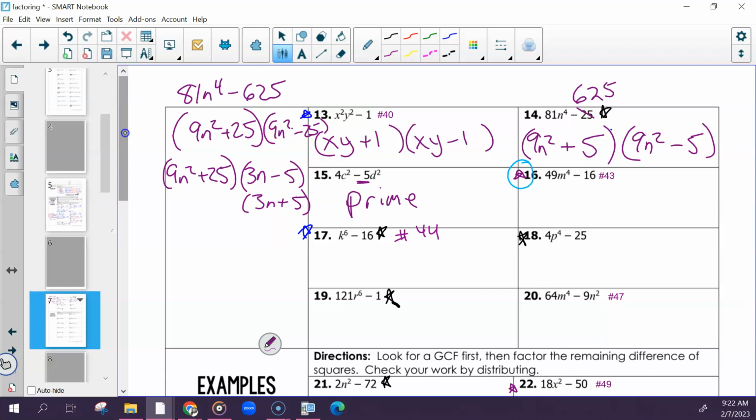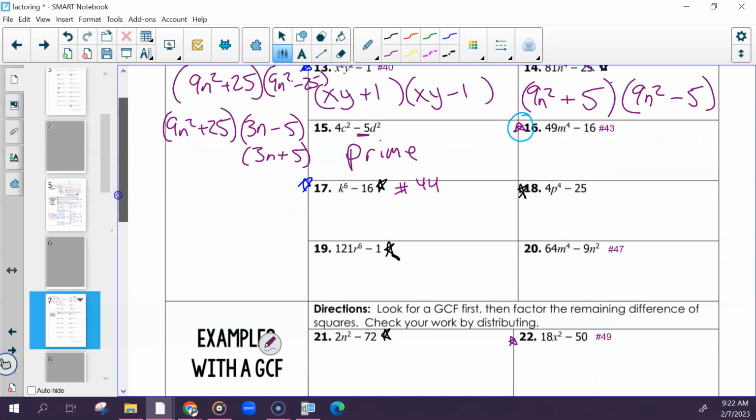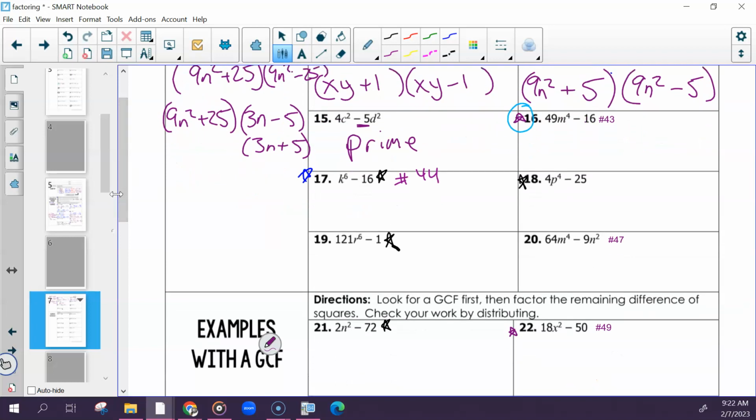Let's do 19. So the same thing you did for the 4, you're really just cutting it in half, dividing by 2. So what would your factors of this be? 11r to the third plus 1, and then